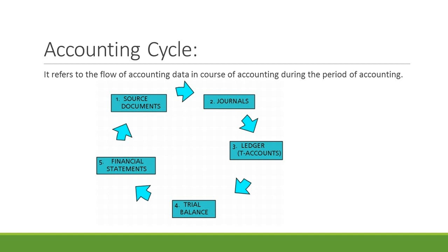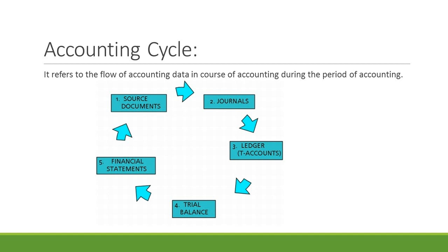How the accounting works, how the accounting process will move, how the financial transactions pass through the sequence of journalizing, posting to the ledger accounts, and at the end how it will get finally summarized, and how we have to prepare the trading and P&L account, and at the end how we have to prepare the balance sheet. So this is the cyclic flow. This flow is called the accounting cycle. There are 5 important parts in this.